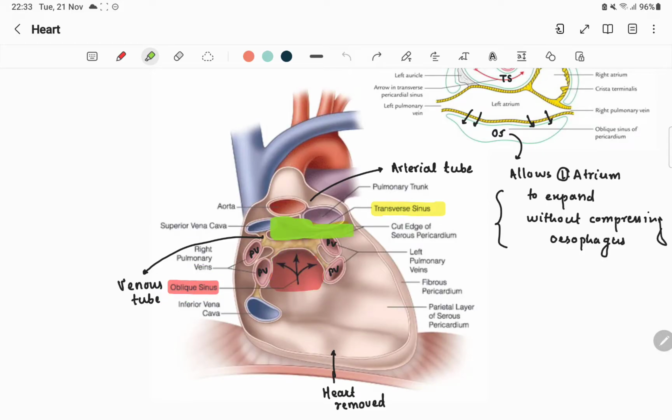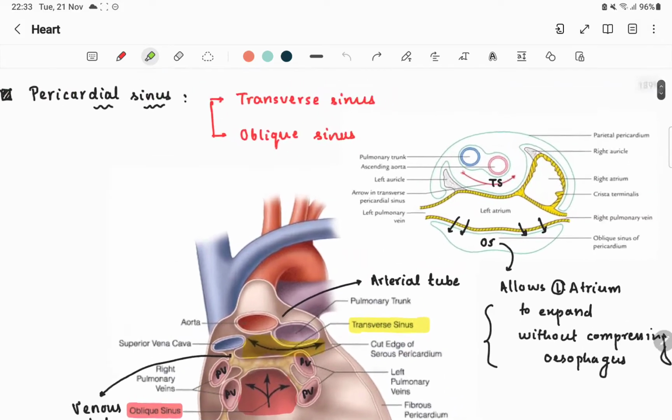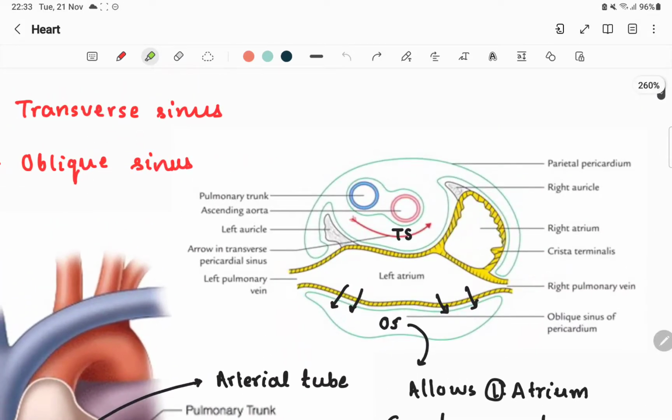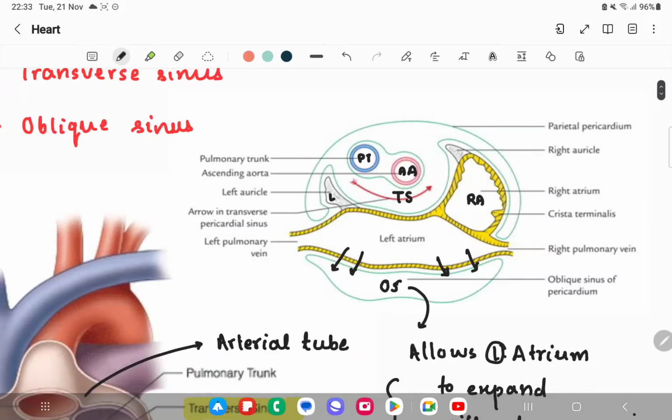And this pericardial sinus is the transverse sinus. This yellow one you can see is the transverse sinus. If you take a cross section, we have a right atrium here. Let me label and show you. This is our right atrium, and your pulmonary trunk and ascending aorta are present here, and the left atrium is present